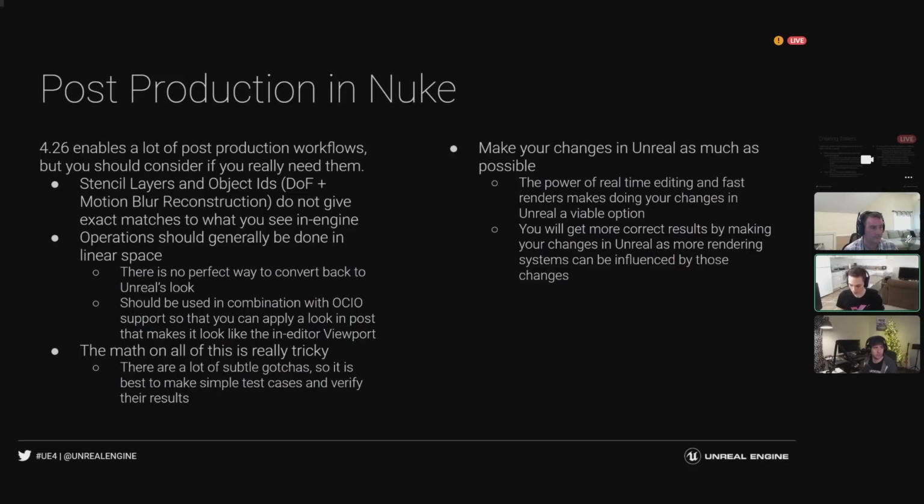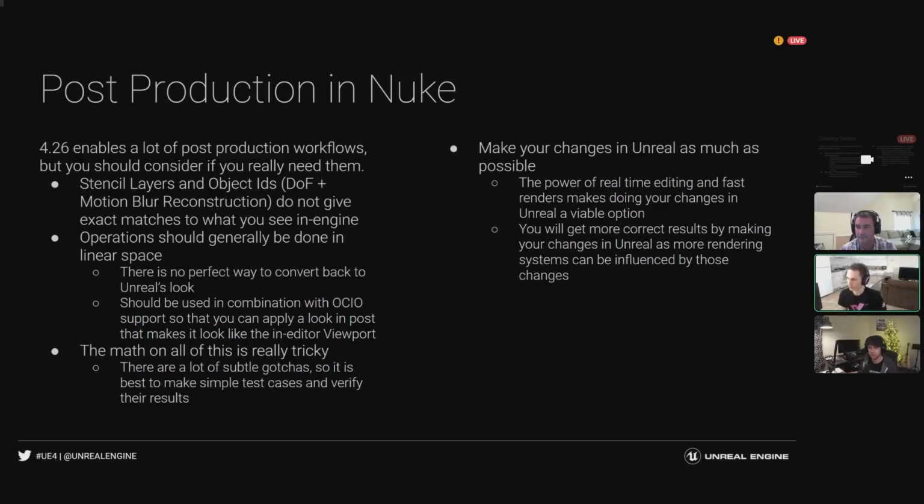One way to test this is you add a job to the sequence. You go in and you say, I want the depth and object ID, and you turn off the disable multi-sample effects in Unreal, accept the job, duplicate the job with Control W, open up the settings in the duplicate, turn off the disable multi-sample effects, hit OK, render both of them. Now you can take it into Nuke and you can see what did Unreal come up with as an answer for the depth of field on this? What did your Nuke script come up with? And that's a good way to do an apples to apples comparison.